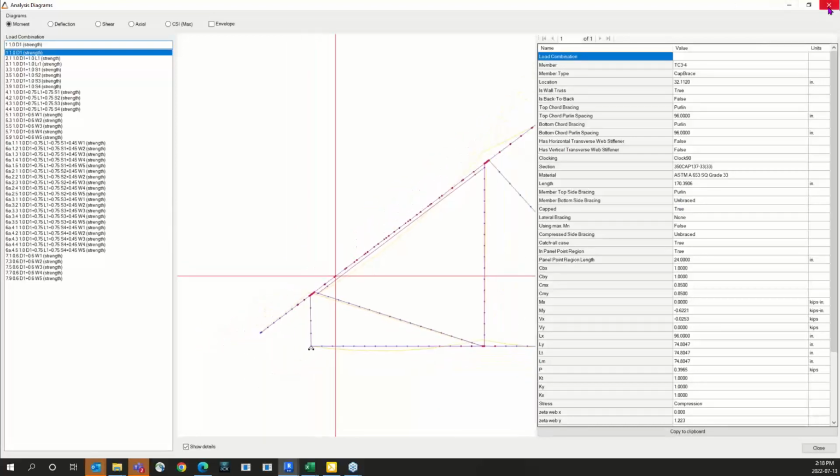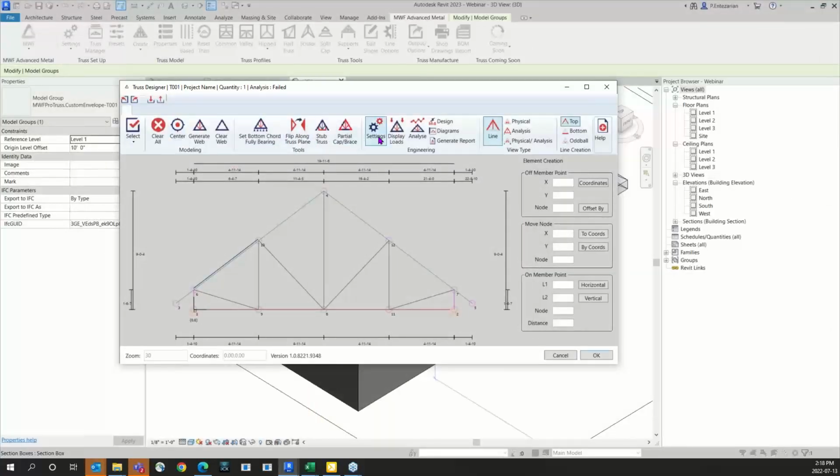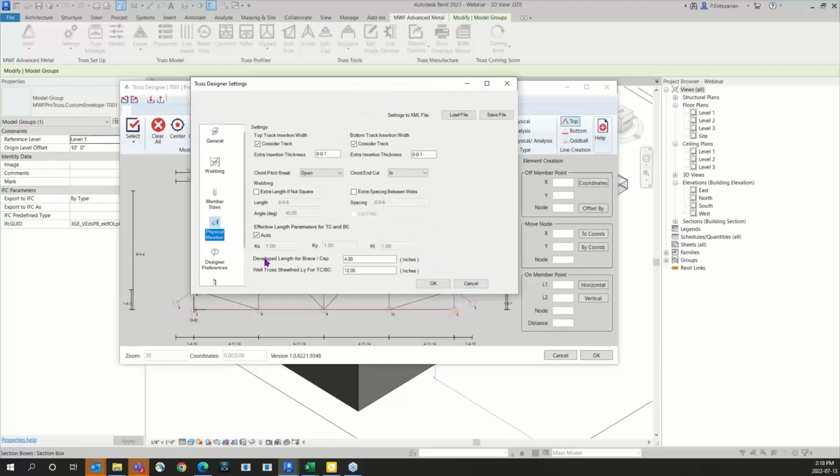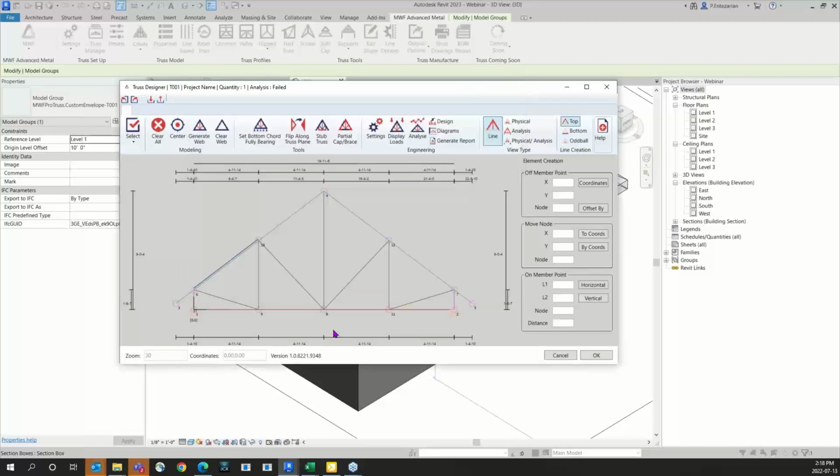But where can we assign this value? If we go back here to settings, in our physical member, we have a new option here on the bottom for developed length for brace and cap. By default, it is set to 4 inches. But for example, if we change it to 8 and OK, now if we generate the diagrams again, you will see that the value has been updated